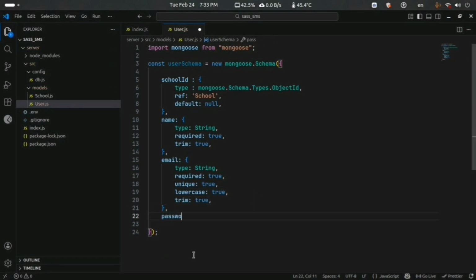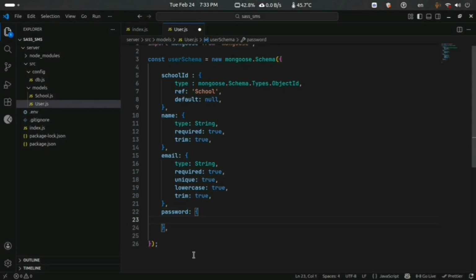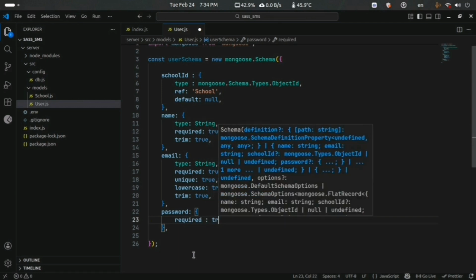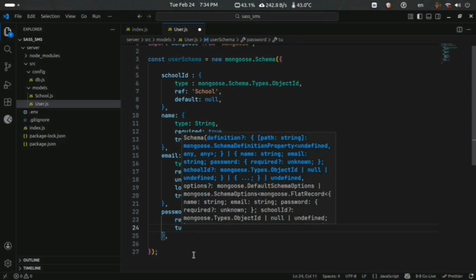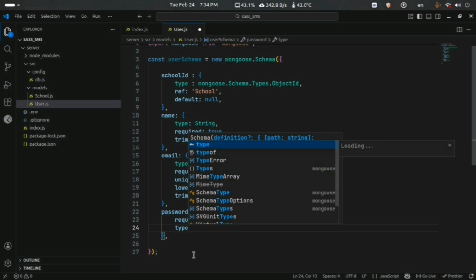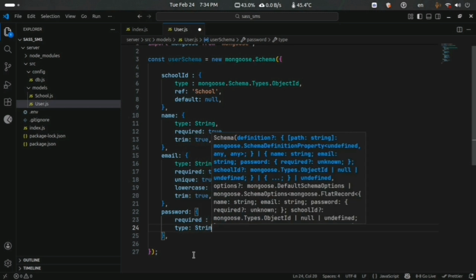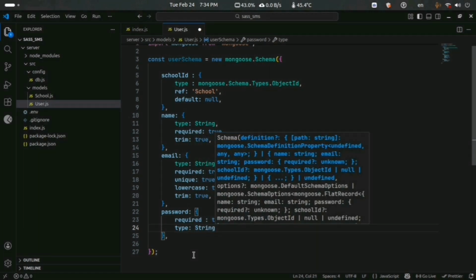Next, password. Required true. Type String. Warning: we never save passwords in plain text.